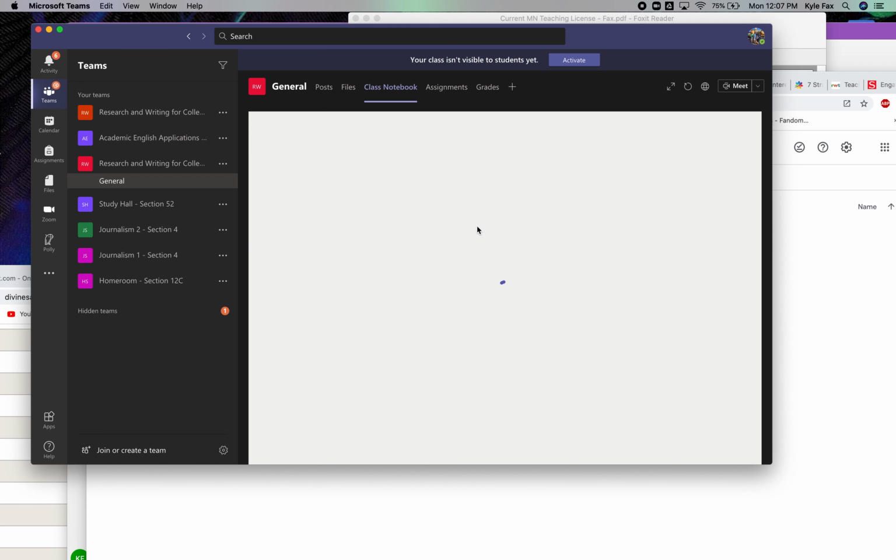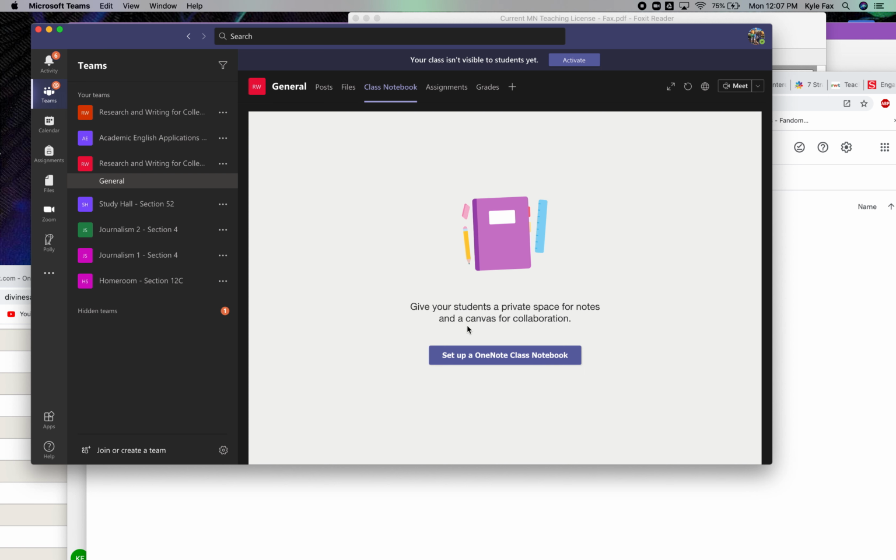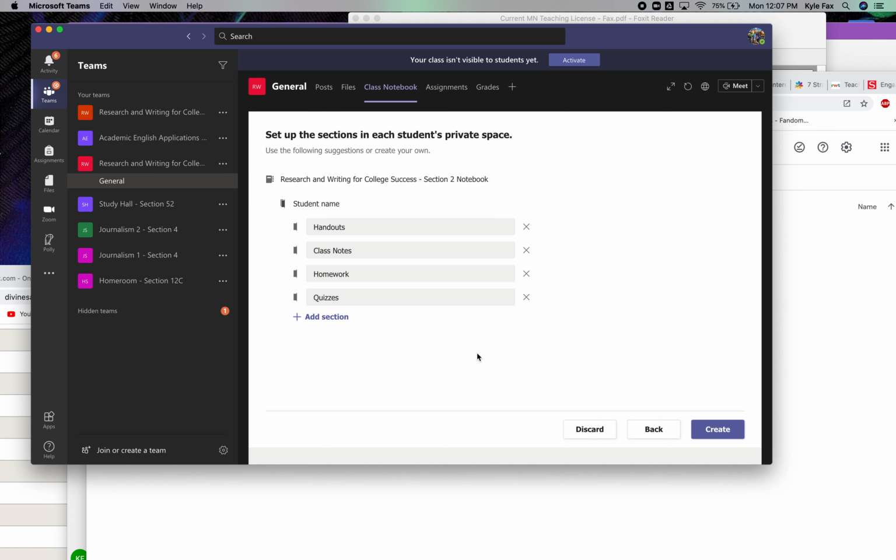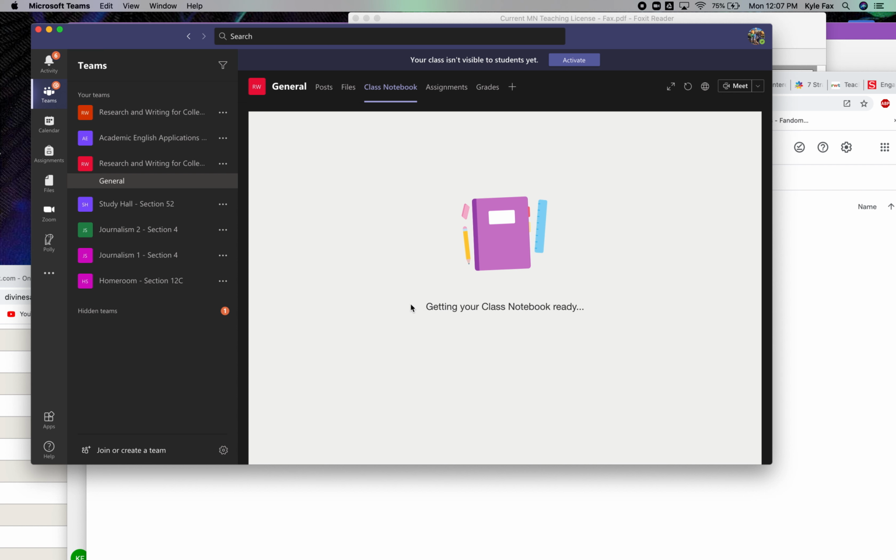And since this has not been set up before, I'm going to need to set up a OneNote class notebook. I choose blank notebook. Next. For this part, you just need to do what you need for your particular class. It really doesn't matter a ton because you can change this later too, but we'll just get rid of quizzes, homework, and just keep handouts to start. Okay, so let's do create. And it usually takes a little bit here